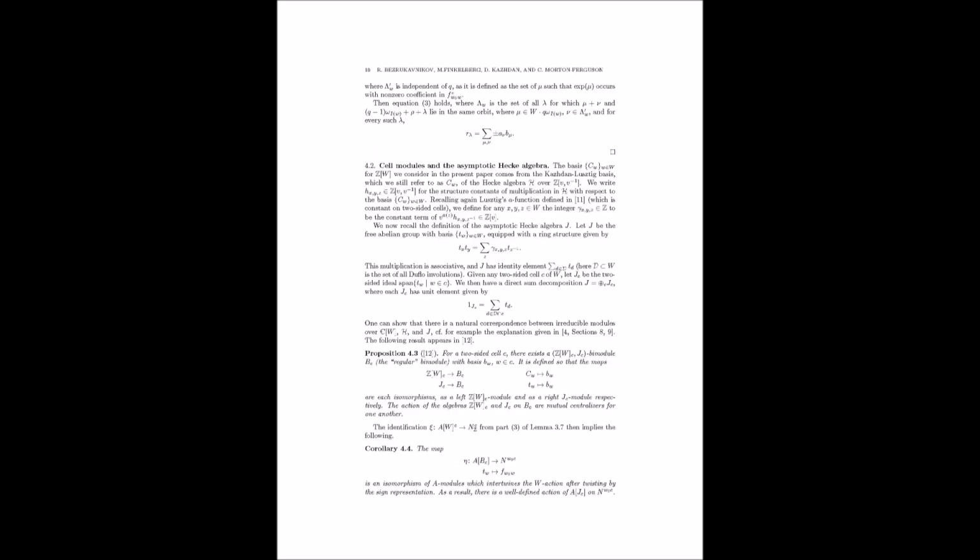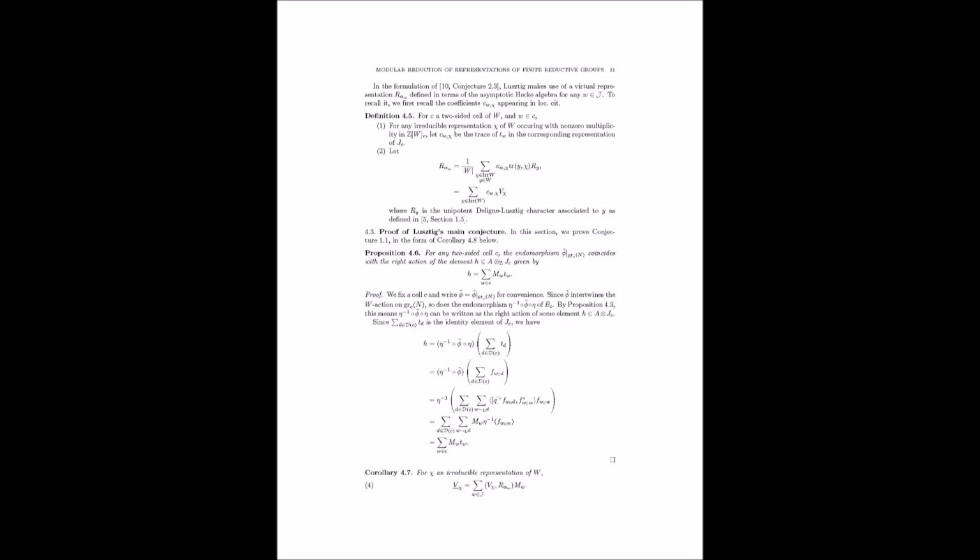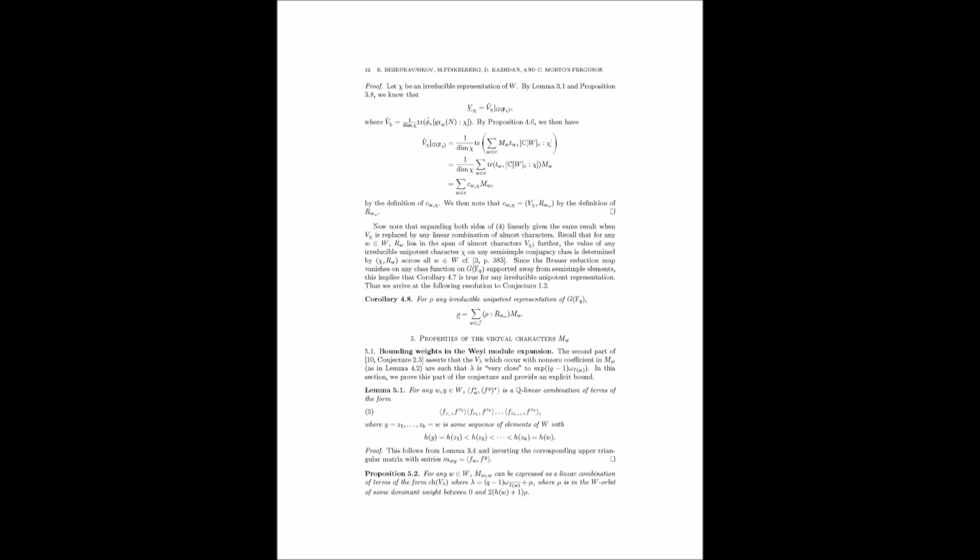This formula provides a way to express the character of a representation in terms of certain combinatorial data associated with the Weyl group. By working with a basis that respects this W action, they can directly connect the KLS basis to the characters of the representations they're studying. That makes sense. It's like choosing the right language for the problem. Exactly. By using a basis that's aligned with the Weyl group symmetry, they can tap into the deeper structure of